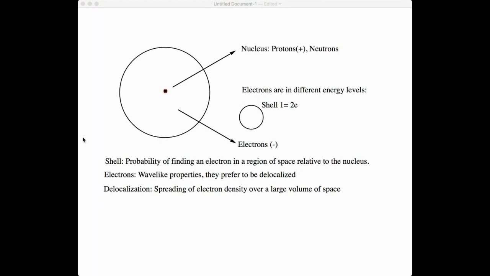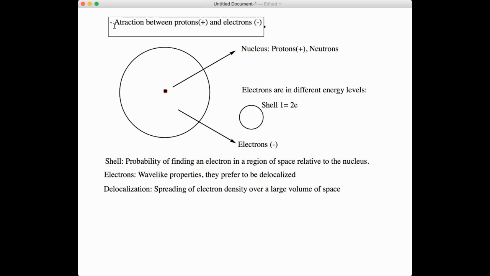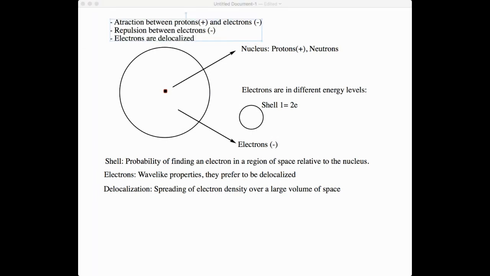So Kevin asked, can you please repeat the first point? So Kevin, the first point that I was talking and I want to write in here is attraction between protons, which are positively charged, and electrons, which are negatively charged, okay? Point number two is repulsion between electrons, which are negatively charged. And point number three, electrons are delocalized. Okay,